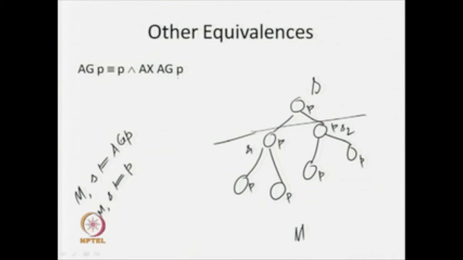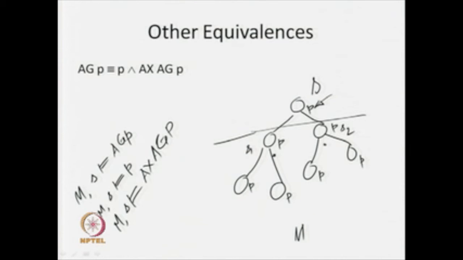So, that is why we are saying that if P is true over here, then I am going to look for those particular states whether AG P is true or not. Since I am going to look for all those states, that means, in this particular state I am going to say whether in all paths in next state AG P is true. So, that means, it will hold over here if again state S of model M models AX AG P.